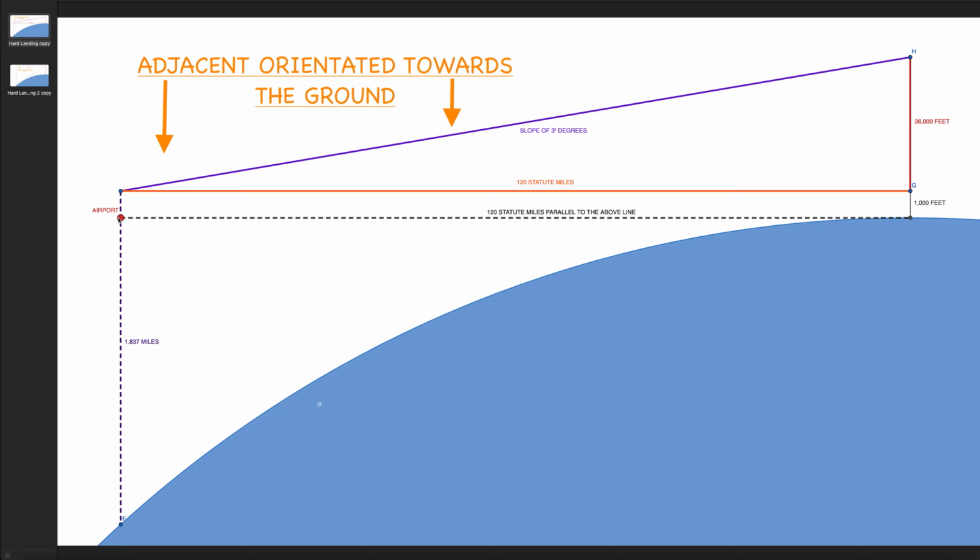So how could they be flying over a curved surface if, once they do the calculation and they travel 120 miles horizontally, the Earth could be a globe and the airport be 1,000 feet below the altitude of the plane when they're finished this? It can't be. The Earth has to be flat for this to happen. There is no way out.